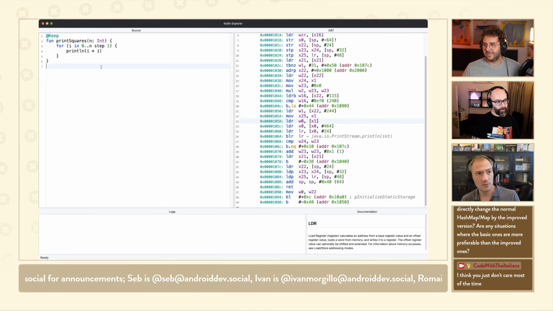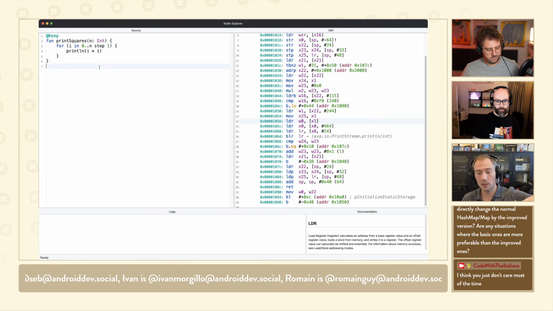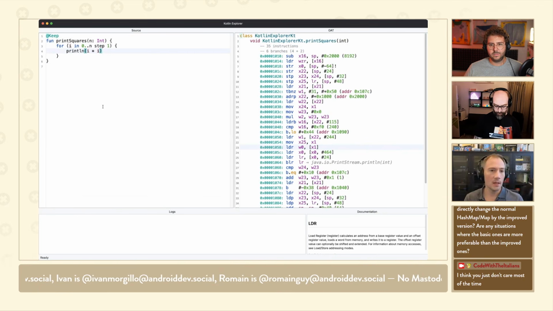Fair enough. But it took several versions. And to Sebastian's point, there's a number of ways to loop in Kotlin, right? You can do 0..10 forEach. You can do the actual for loop, and depending on the one you picked, the generated code could be really bad or really good. And nowadays, apparently, they're all good, so it's great.